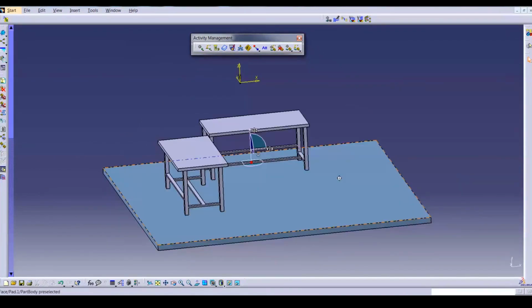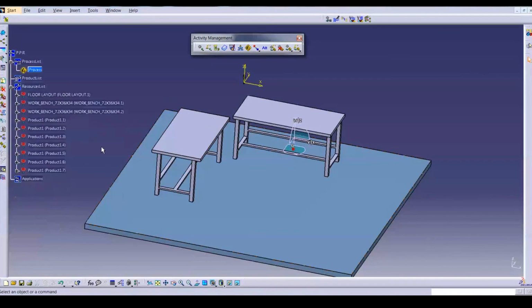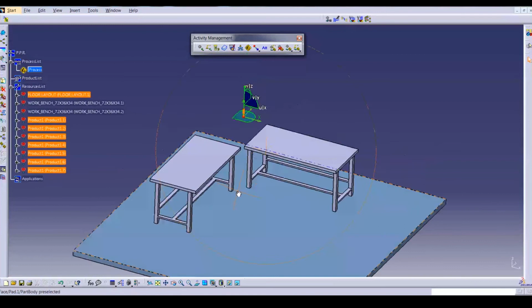So now again we are positioning our resources for the process validation. Now I am selecting tools and positioning them on the workbench.